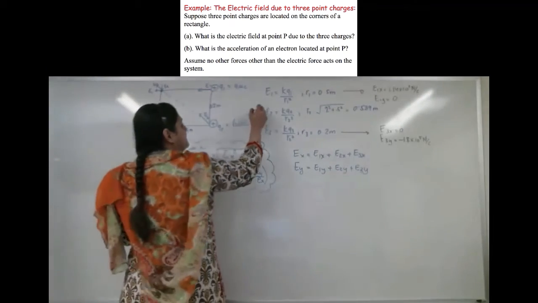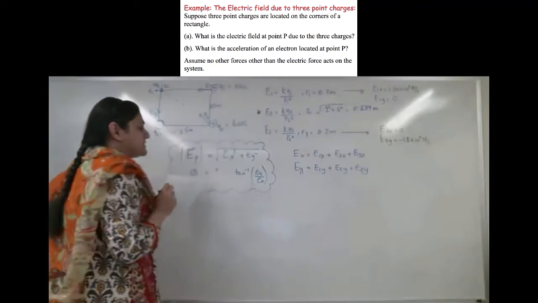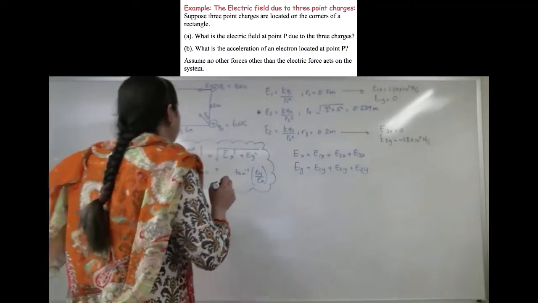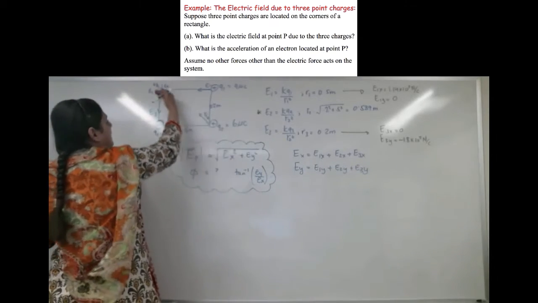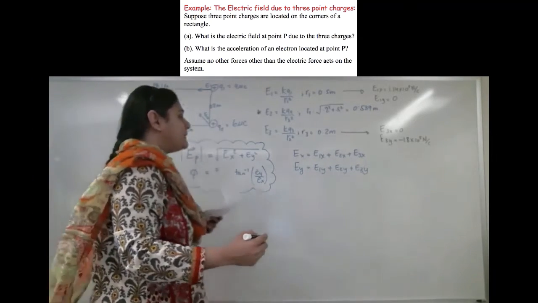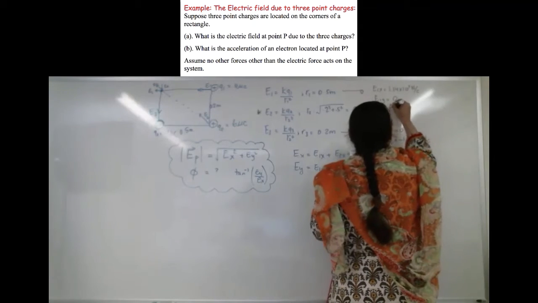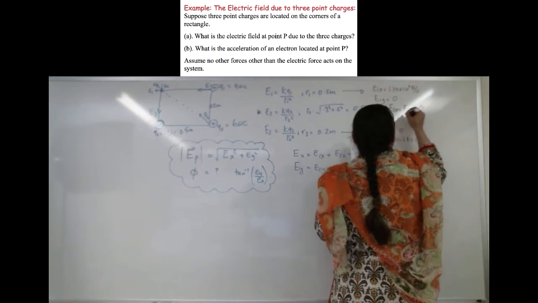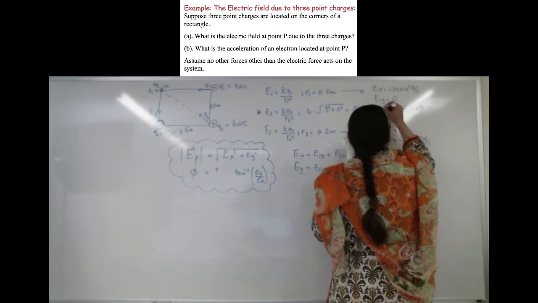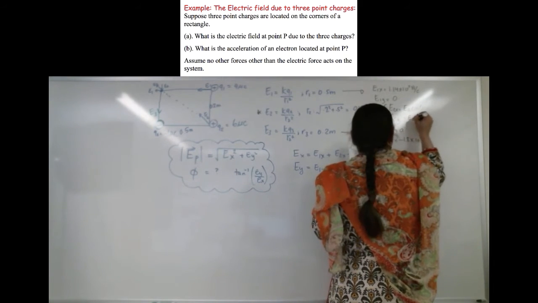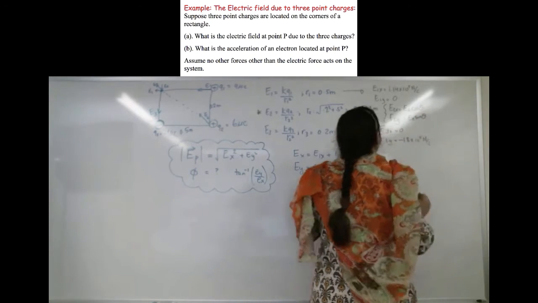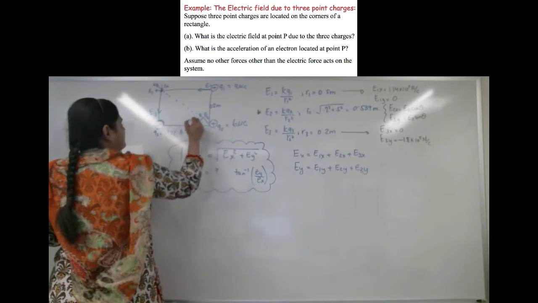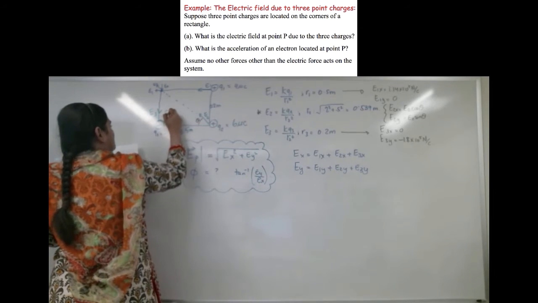Okay, E2 on the other hand is going to be interesting, because E2 will have components along x and y. So E2x will be E2 cosine theta, and E2y will be E2 sine theta. Now how do I find theta? Theta is going to be this one. So my theta will be